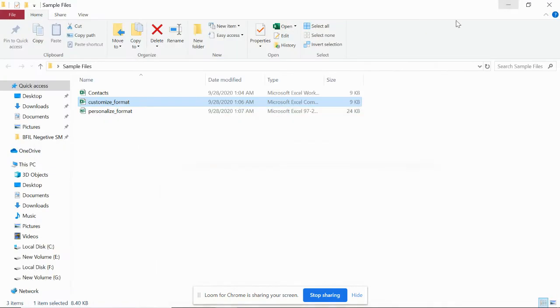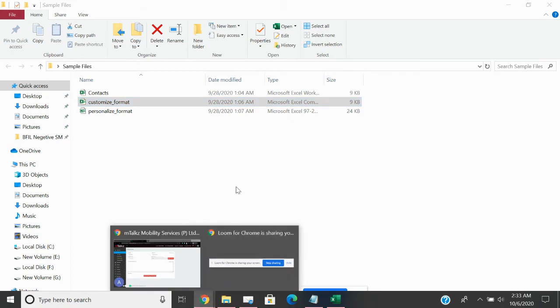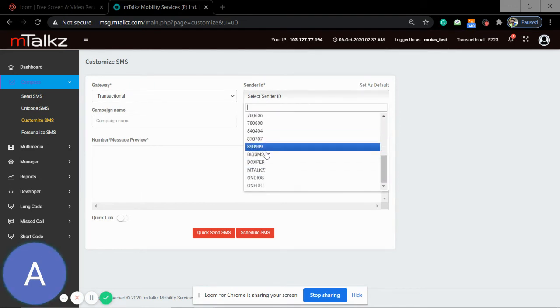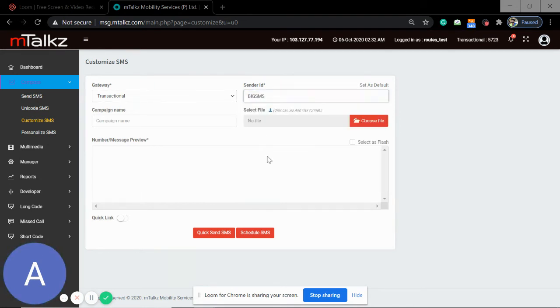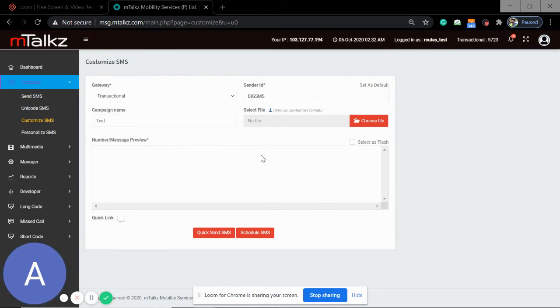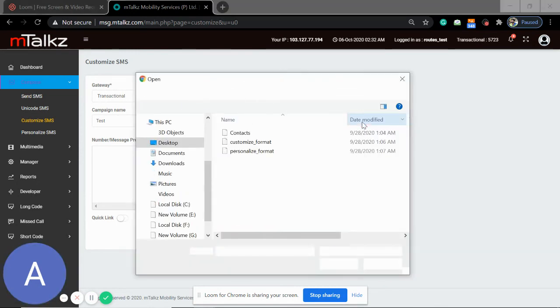Let me show you how to upload that. So select a route as usual, select a sender ID. Okay, write down your campaign name, test, and select your file here.